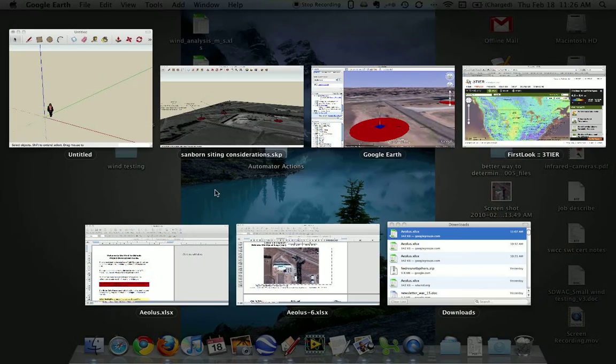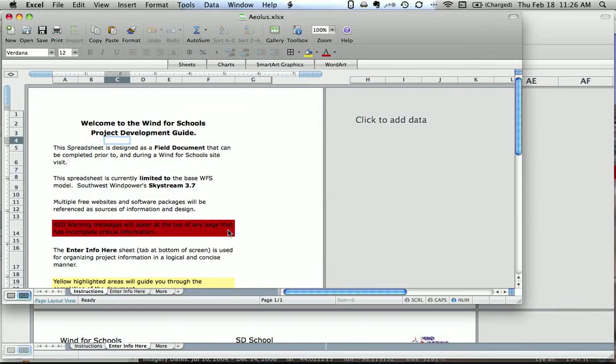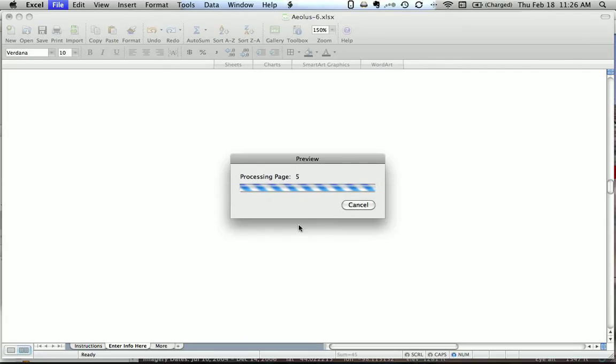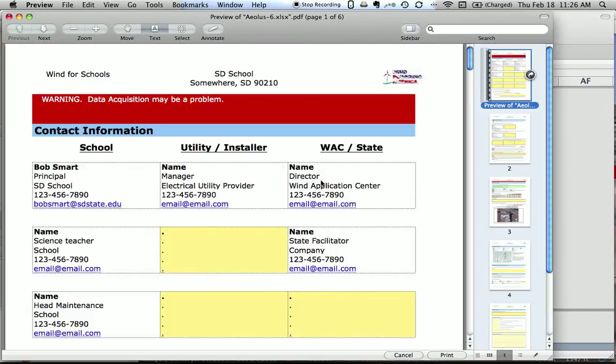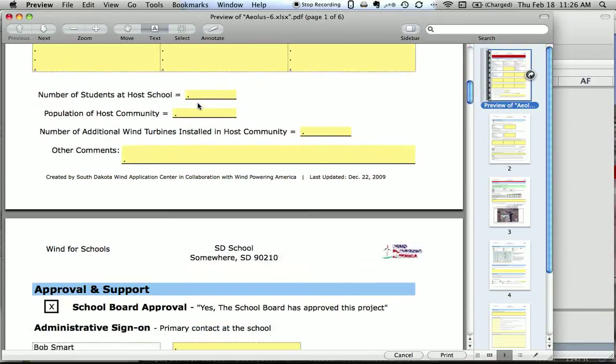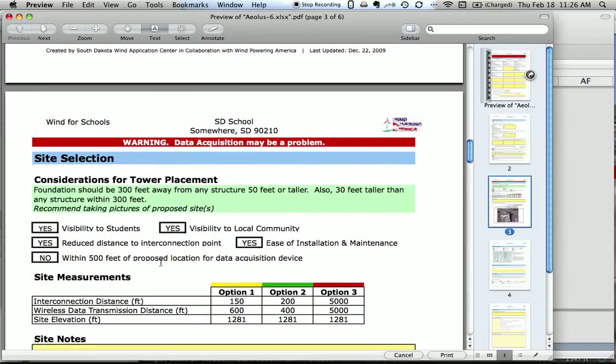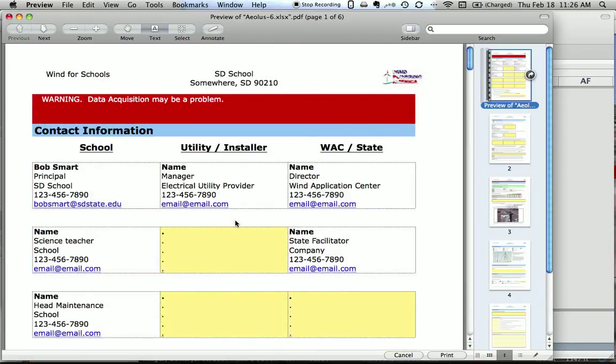I think with that, oh, and then the final step is to print this document. So if we take a look at what it looks like printed, we'll just do a preview so you can see it on the screen. Okay, here's our document. It says data acquisition might be a problem, and that's because of a checkbox that we put here. We said no, it's not within 500 feet of the proposed location, which actually looking at my options, that needs to be switched, and then these error bars will disappear, cleaning up the